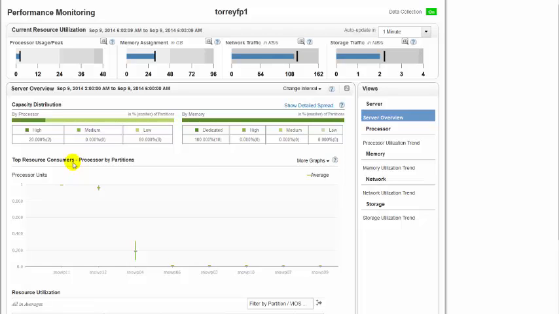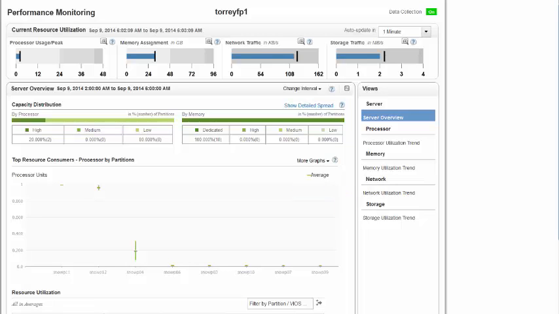Here it's shown for processor, but we can go to this option, more graphs, and we can select different resources here. For partition, VIO server, and processor pools can also be selected to see the top resource consumer.